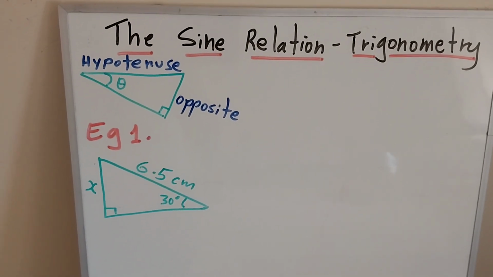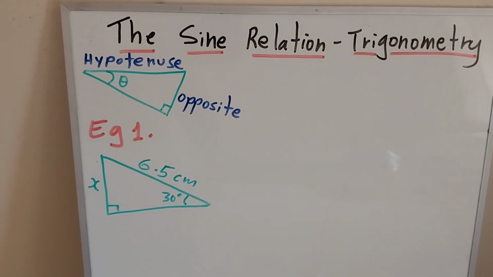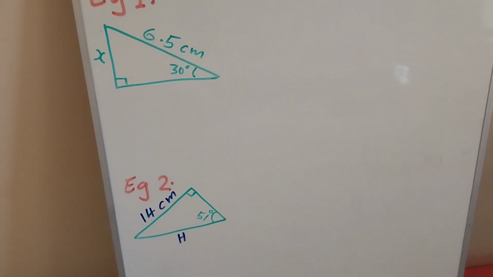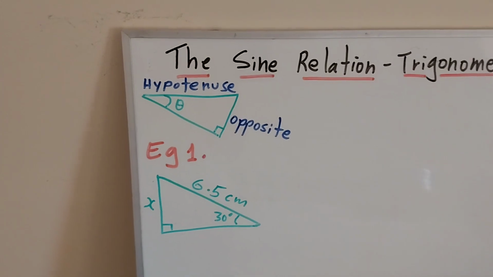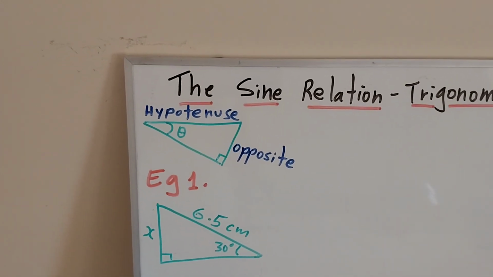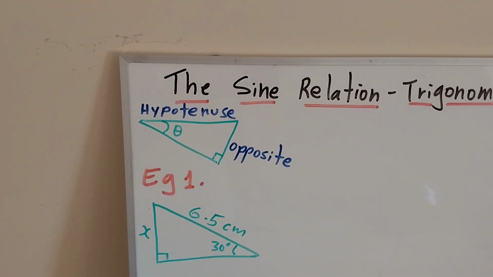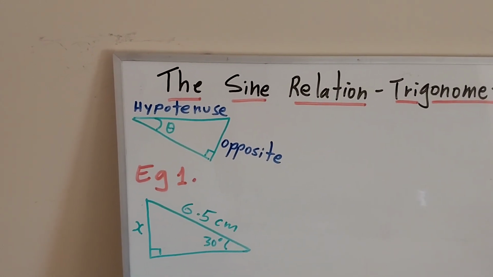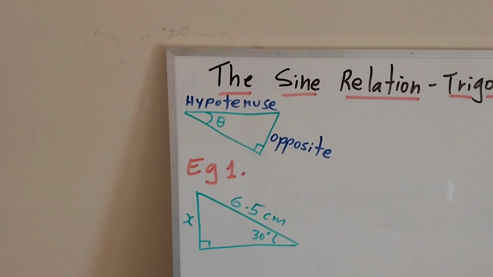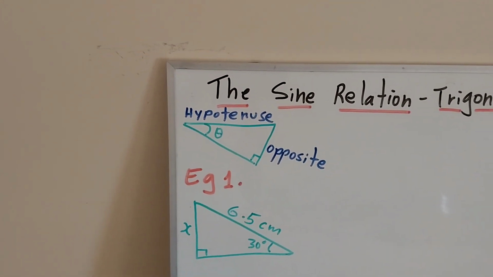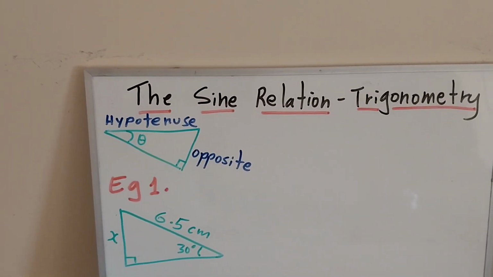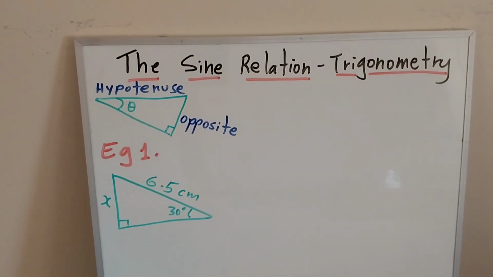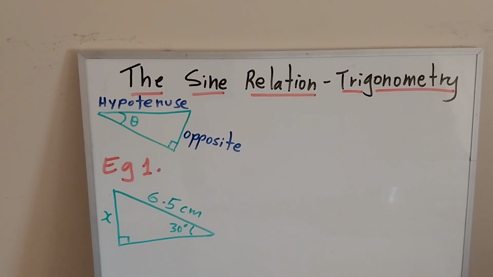So in trigonometry, we are trying to solve for an unknown side or an unknown angle in a right angle triangle. Now, not always can we use Pythagoras theorem to solve for an unknown side. If there is only one given side and a given angle, then we have to use either the sine, cosine, or the tangent relation. So in this video, we are looking at the sine relation,